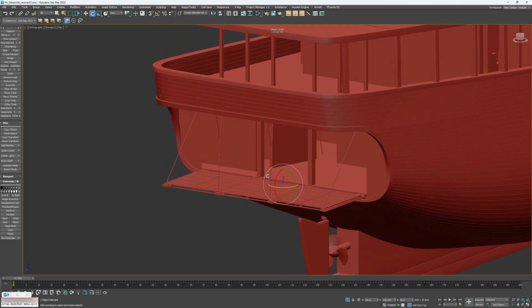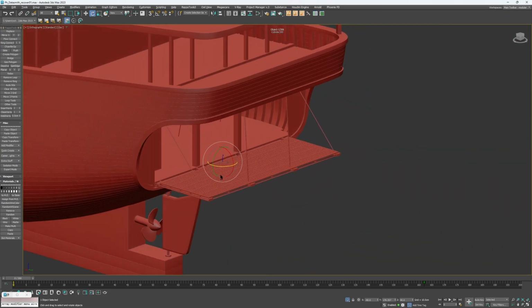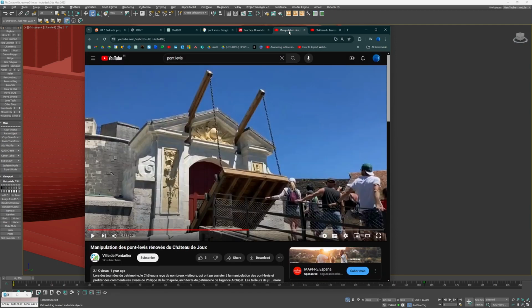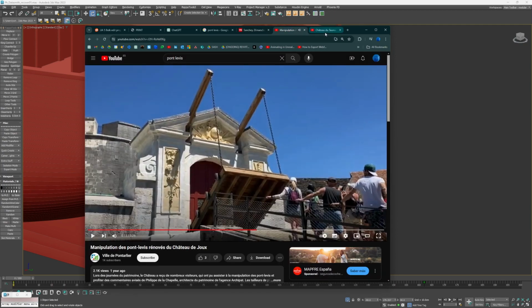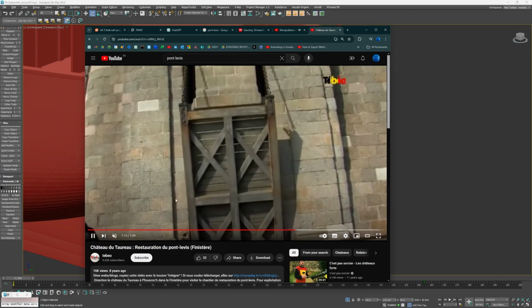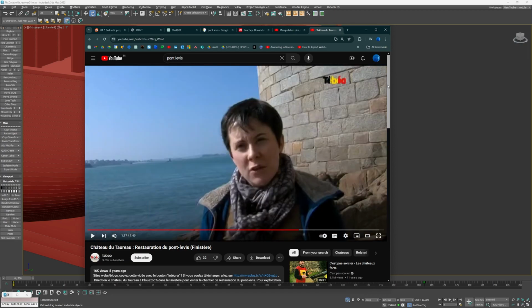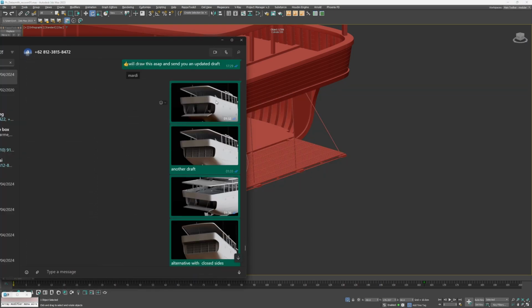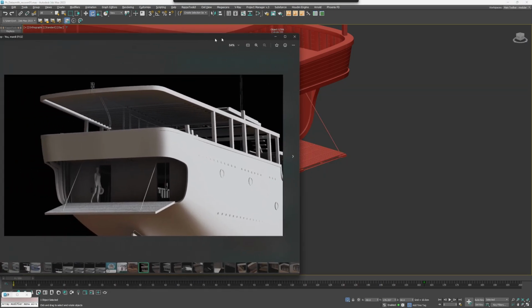And this is a first proposal, which is inspired by those old pont-levis. I don't know how you say that. And yeah, I've been watching a lot to understand the mechanism better and did a few attempts. But yeah, I'm kind of concerned about